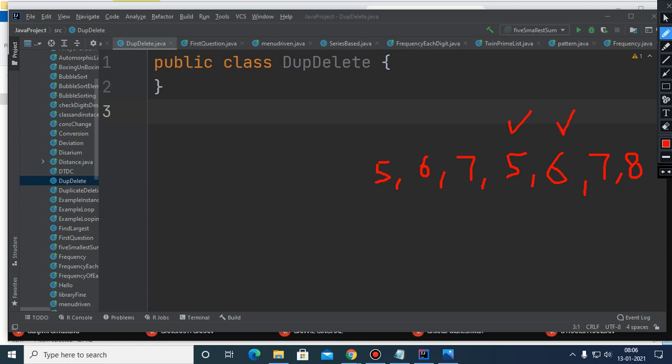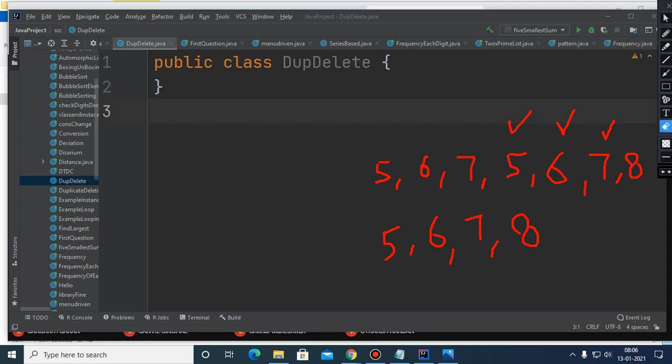And one of the duplicates is 7 also. So children, you have to delete all the duplicates. The resultant array will become 5, 6, 7 and 8, keeping only the original one.